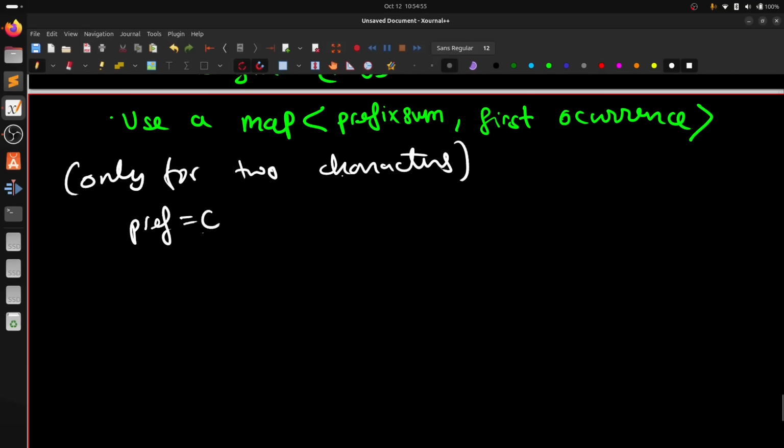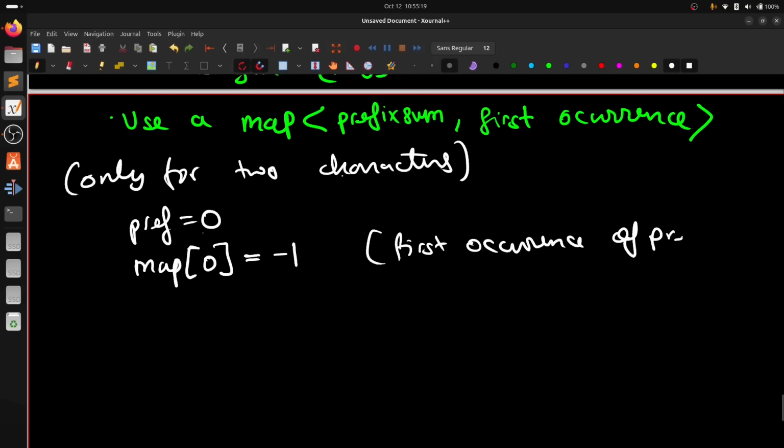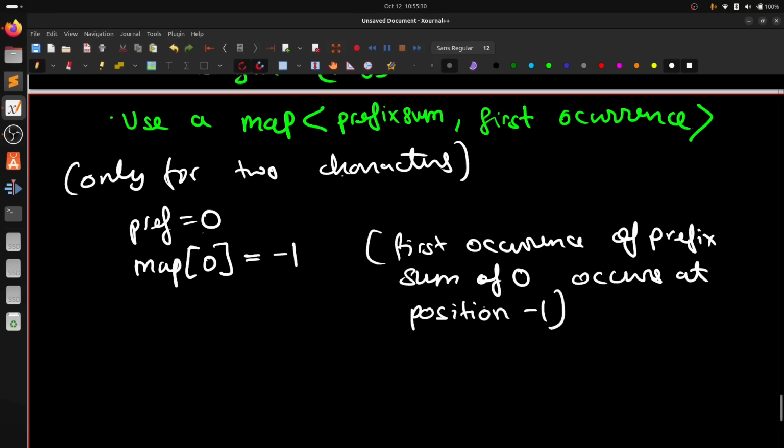So prefix equals 0, and also if we start at the first character, the point before the first character also counts as a valid one. So we need to add that to the map as well. The map of prefix 0 is equal to -1. The first occurrence of prefix sum 0 occurs at position -1. So before any characters are there, the prefix sum is equal to 0. Now for each character x,